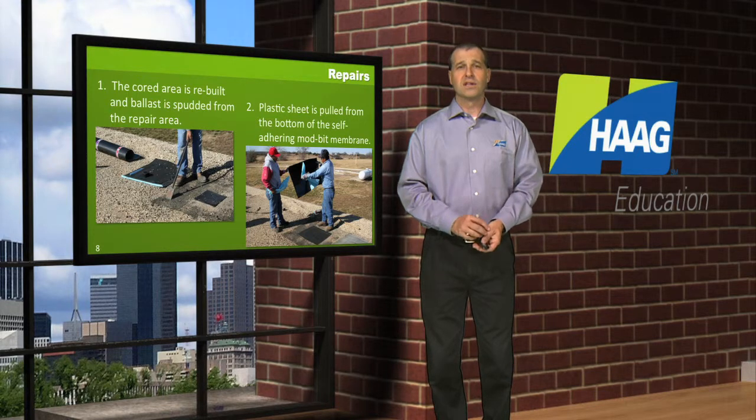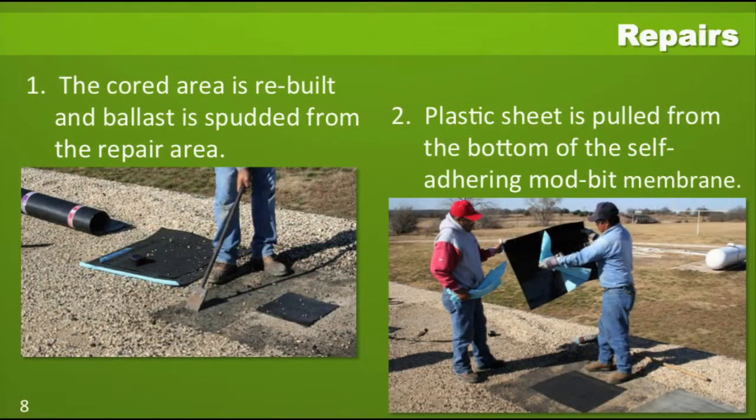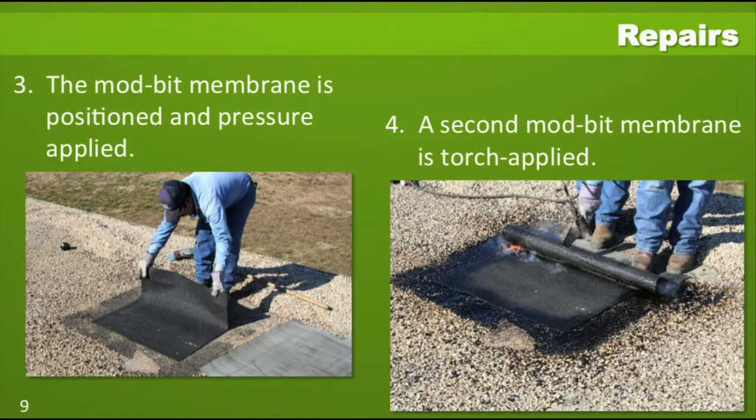Here we're going to go through the steps of that as we see on a particular built-up roof. The court area is being rebuilt. In number one, they are spudding the gravel and the flood coat around the repair area. In photograph number two, they are using a self-adhered modified bitumen membrane, and they are peeling the plastic sheeting off the bottom to expose the side that's going to be adhered. Photograph three, they are putting that modified bitumen down in place and then applying enough pressure to get it to